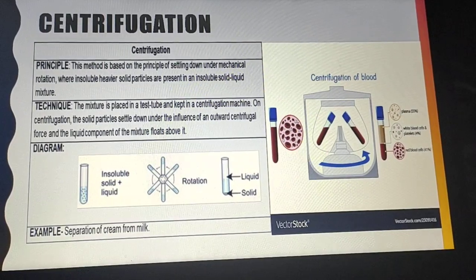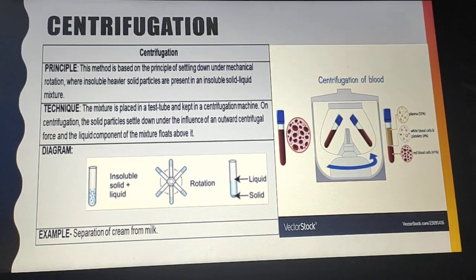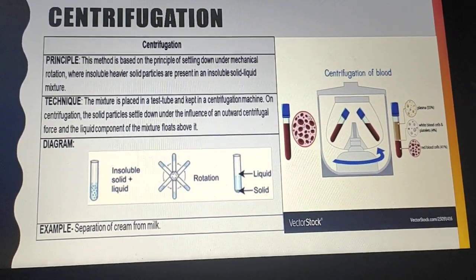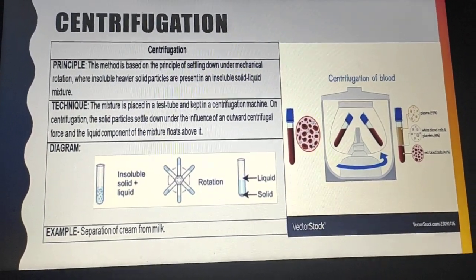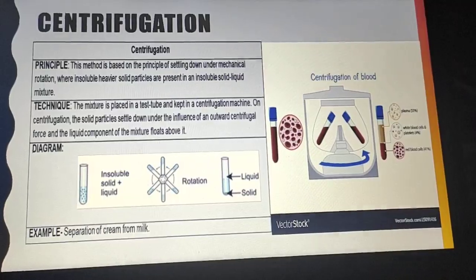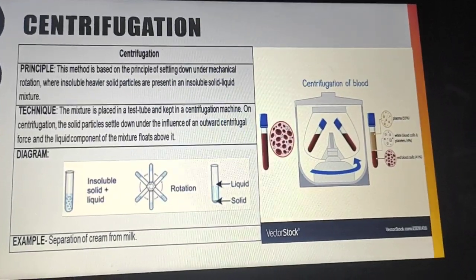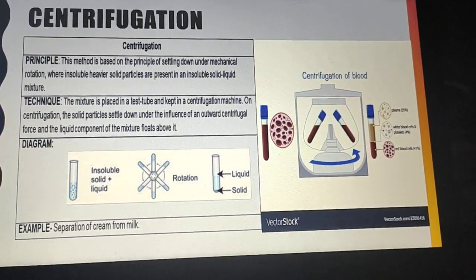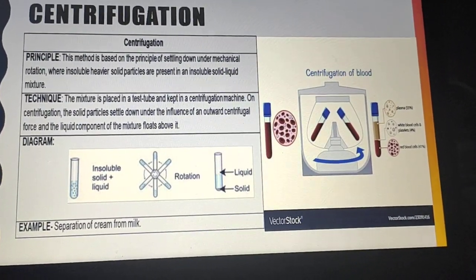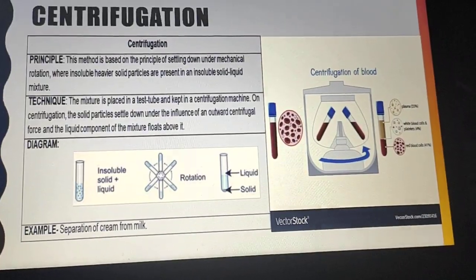Here in centrifugation, you have to put the liquid in the cuvette and it rotates, and then we get the separation of the two components, one of which is a heavier solid that settles down, and one of which is lighter and liquor in nature. Liquor is the liquid part that is upward, that is plasma. Plasma is known to be the liquor part, and red blood cell is a solid part because it is heavier than plasma, so it is settled down.